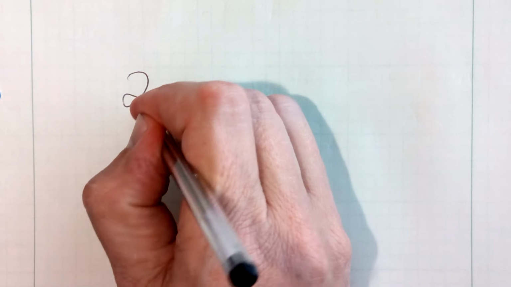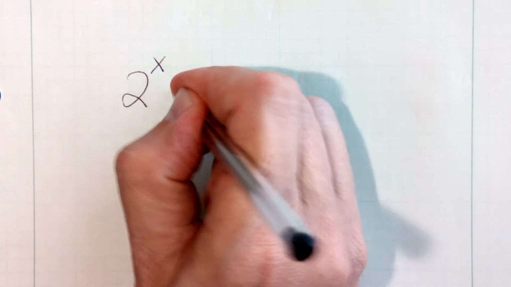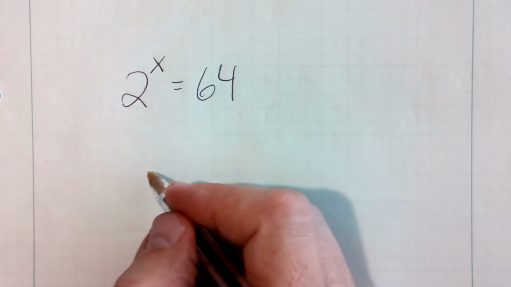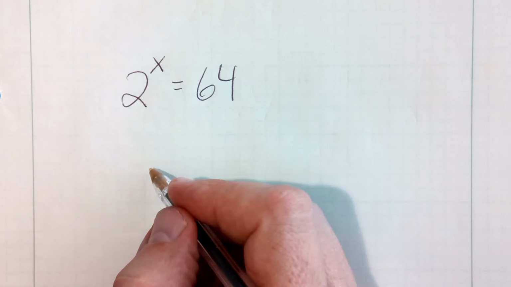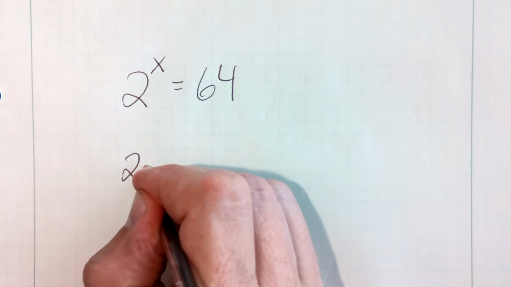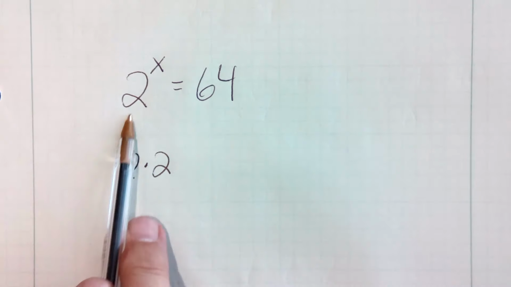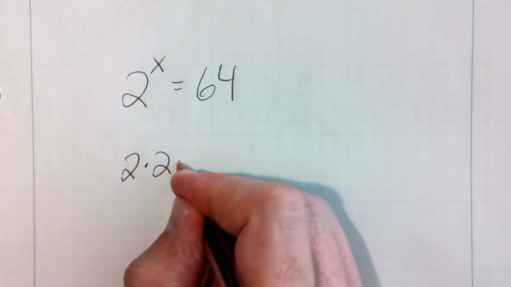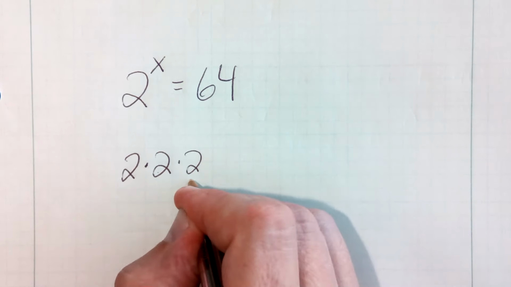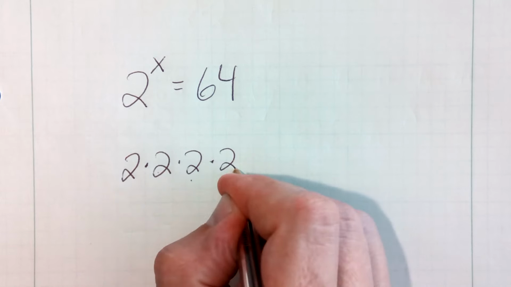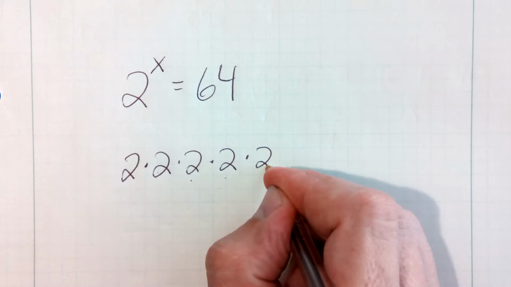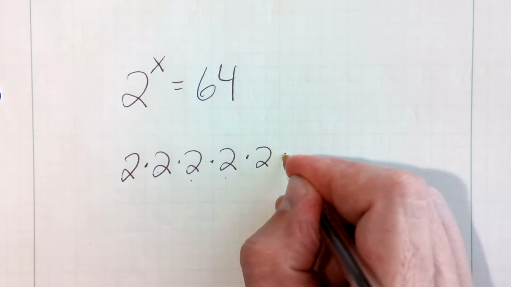Let's do one more. Let's do 2 to the x power is 64. Again, if you want to use a calculator, by all means, you can, but I'm going to go 2 times 2. So I'm going to start multiplying this base by itself. 2 times 2 is 4. Times 2 is 8. Times 2 is 16. Times 2 is 32. Times 2 is